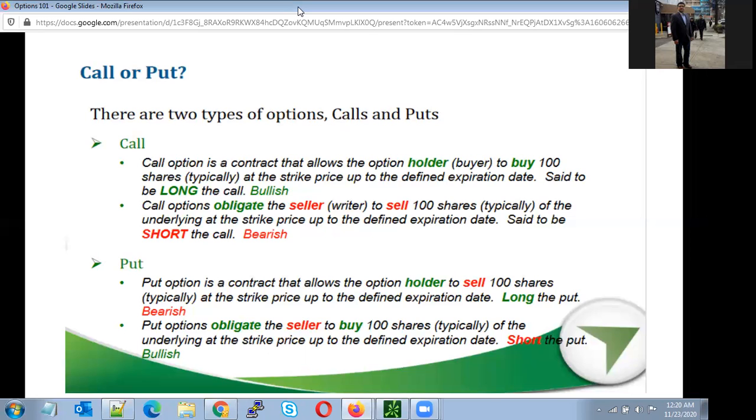So when you are paying for anything, your risk is defined. You will have controlled risk. When you are selling anything, your risk is not defined. In options, it can go very fast up and down, so please be careful about that. But it's not that complicated. It's very easy.